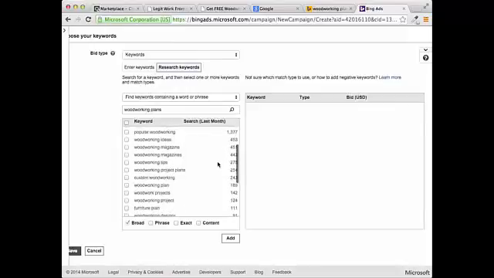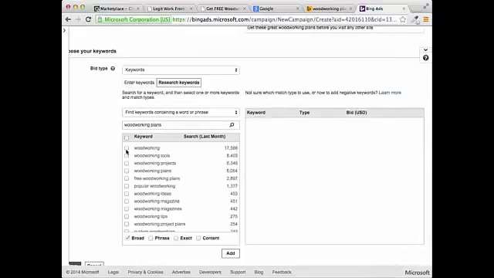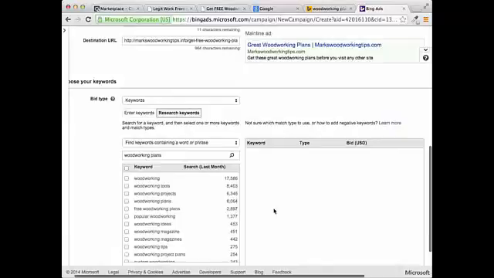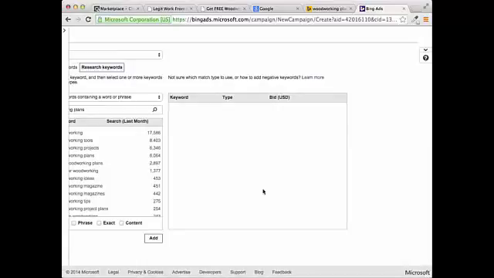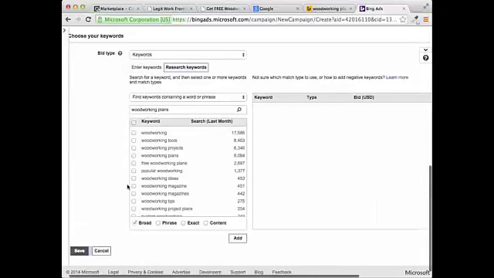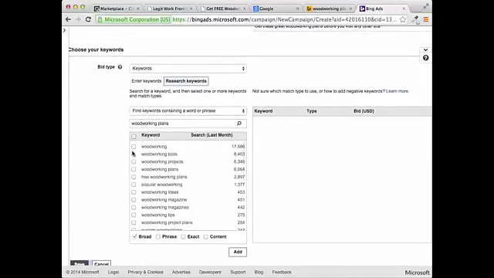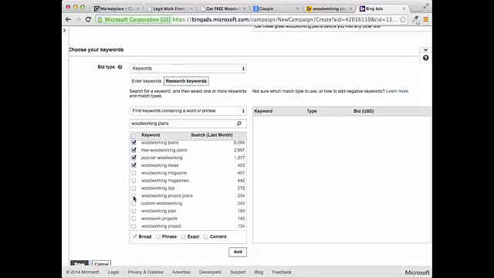And what you can do here is search and select the keywords that we want to use. So you want to just spend a little bit of time. Like you can see, I don't want woodworking ideas or some of these other suggestions that they have here for me. I want to use things that are related to woodworking plans. So I'm going to use woodworking projects, woodworking plans, and you can see it's very nice. They show you the search volume for last month, so you can see there's thousands of people that are looking at these. And just go ahead and click on all these that I think are going to be relevant to